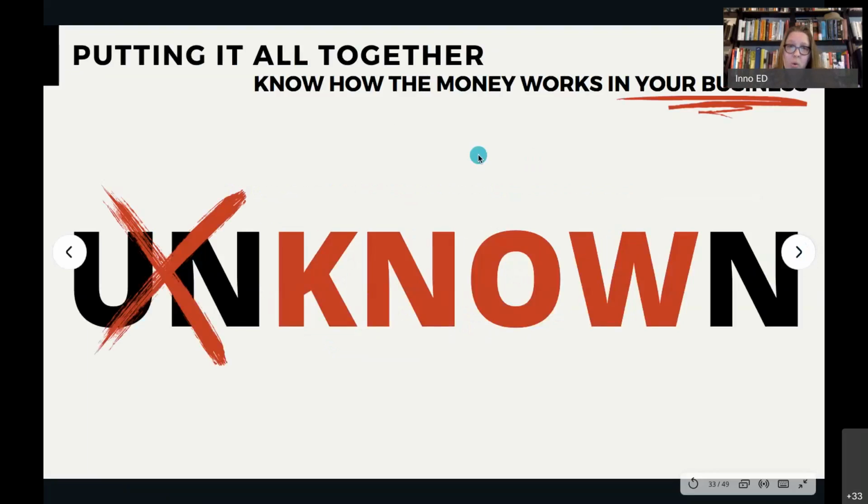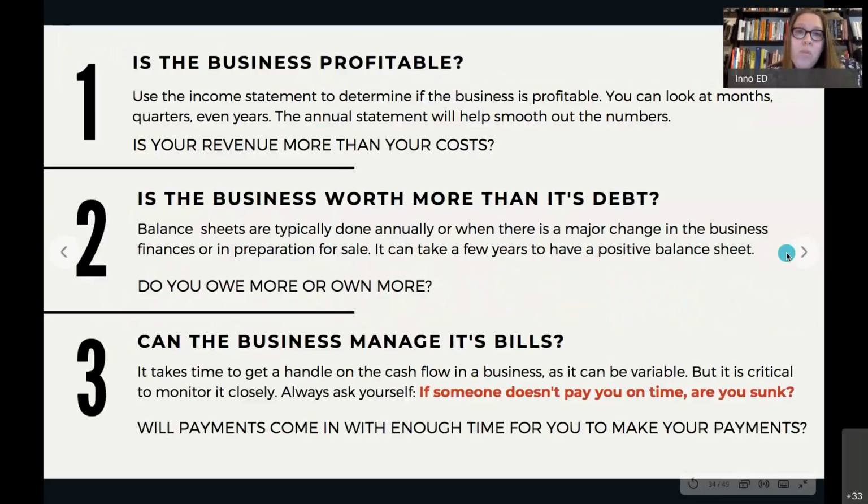One of the things that's so important for all three of these is that you can put them together, and then you can know a lot better how the money is working in your business. For a lot of businesses, they know one piece of this puzzle, but not all of it. If you can put all of the pieces together, then you have an understanding of whether your business is profitable, and whether you need to request more capital, working capital, in order to move forward. So these are the three questions that it's really answering for you.